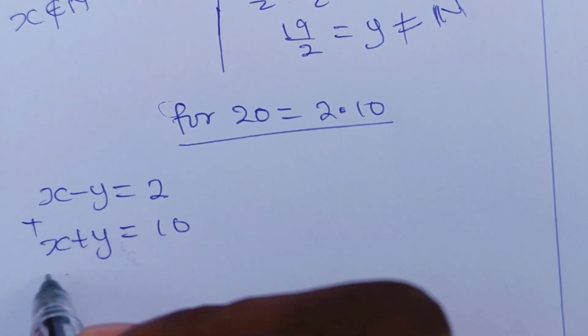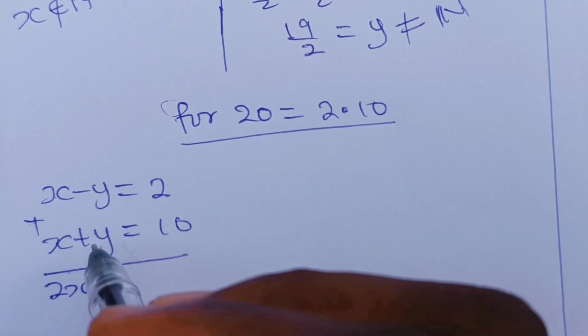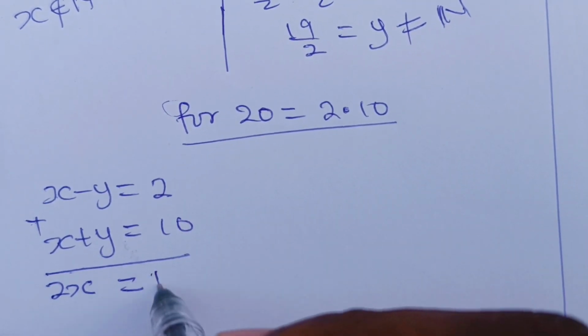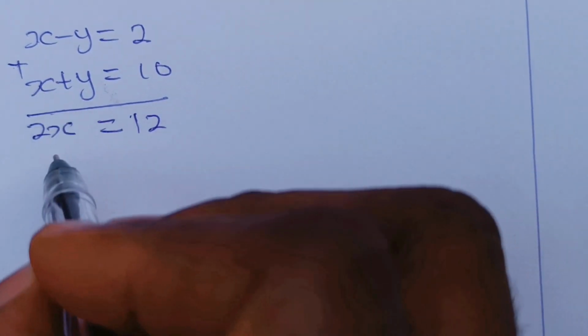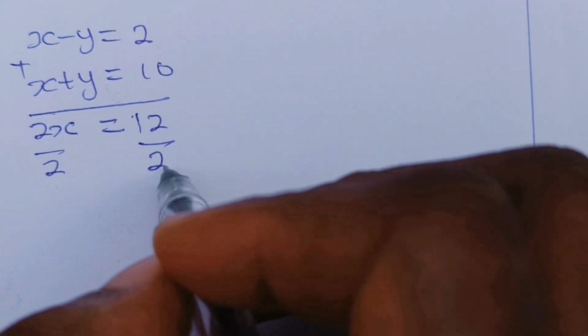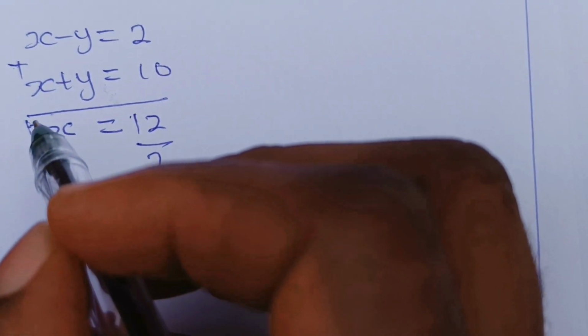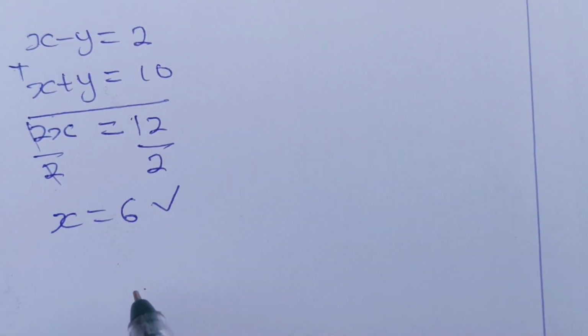If we add, x plus x will give us 2x, minus y plus y is 0, is equal to 2 plus 10, which is 12. Now we can divide to get the value of x. So 2x divided by 2 and 12 divided by 2. Now this will cancel this and we can see that x is equal to 6